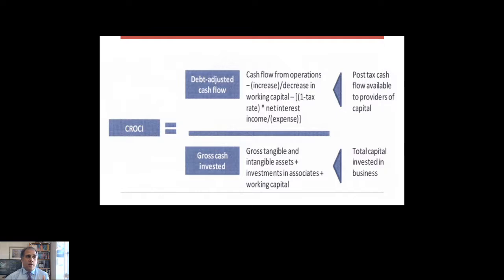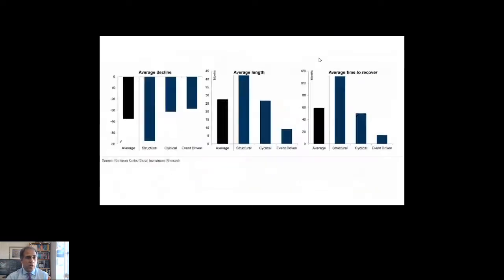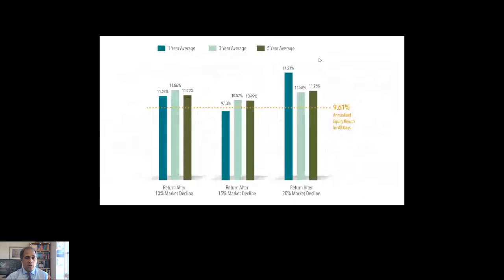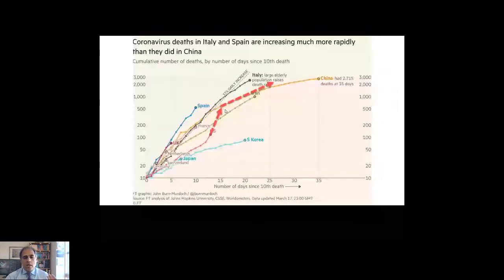I think another 4 or 5 weeks because of the US chart that I showed you. Let me just show you that chart again. It's really a question of how much longer this bad news keeps coming out from the markets. The US Senate will tell you later today that they've come to some agreement on how much money they're going to give the markets, and the markets will rally probably 1,000 points.